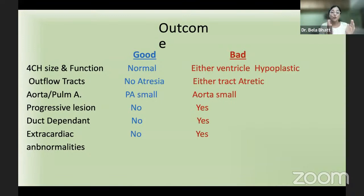the outcome is good if the 4-chamber size and function is normal, but the outcome is bad if either of the ventricles, whether the left or right, is hypoplastic. As far as the outflow, the left and right are concerned, the outcome is good if there is no atresia of either of them, but the outcome is bad if either the pulmonary artery or aorta are atretic. Out of the aorta and pulmonary artery, the outcome is better if the pulmonary artery is small, but it is bad